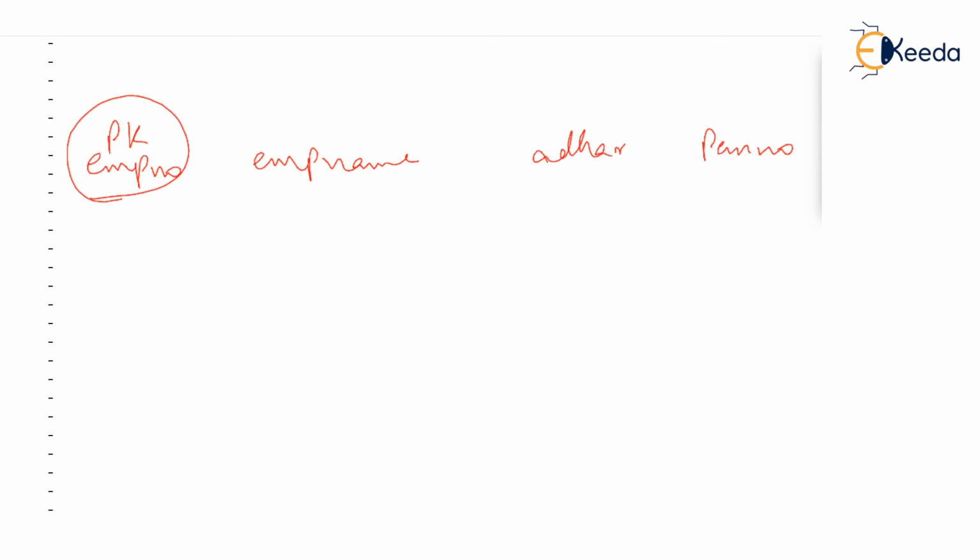So finally, is primary key a candidate key? Yes, of course. Somebody tells you that employee number is the primary key. Then is this the candidate key? Yes, of course. Primary key is the candidate key who won the election to become primary key. I hope you are understanding. So employee number is still a candidate key. Aadhaar card number is also candidate key and PAN number is also candidate key.